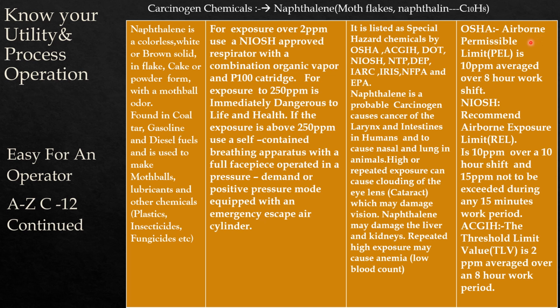As per OSHA, the airborne permissible limit, PEL, of naphthalene is 10 ppm averaged over an 8-hour work shift. As per NIOSH, the recommended airborne exposure limit, REL, is 10 ppm over a 10-hour shift, and 15 ppm not to be exceeded during any 15-minute work period. As per ACGIH, the threshold limit value, TLV, is 2 ppm averaged over an 8-hour work period. Naphthalene is